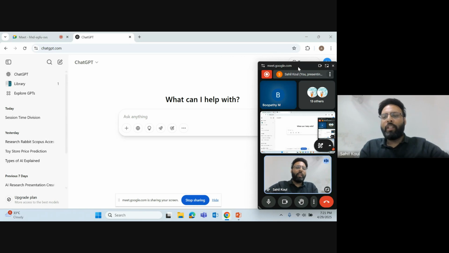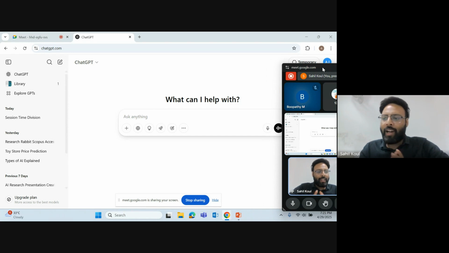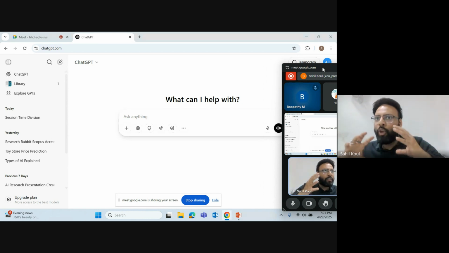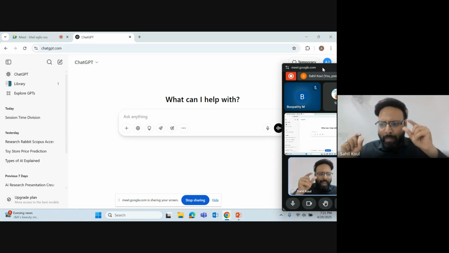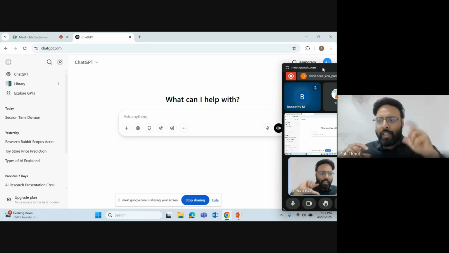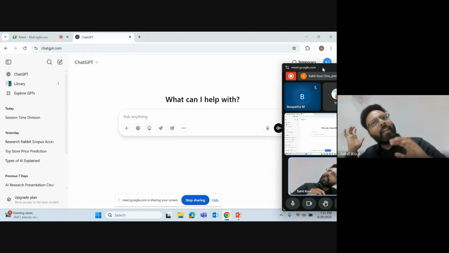So now we are going to use ChatGPT to understand what we said. We are going to brainstorm a thought. We are going to structure a bit of the research. We are going to find a gap in the research with the literature. We are also going to use this same ChatGPT to structure, summarize and give me an abstract of things. So let us do one thing. I'll take a random thing.